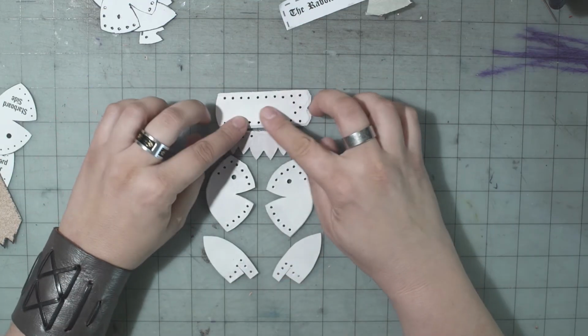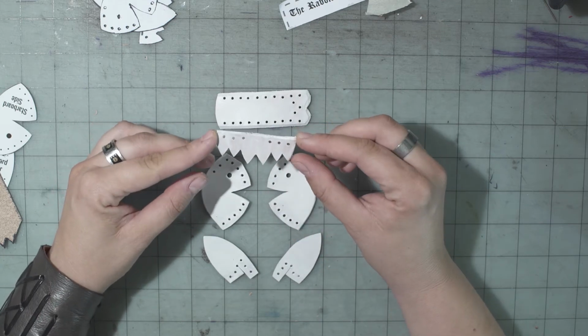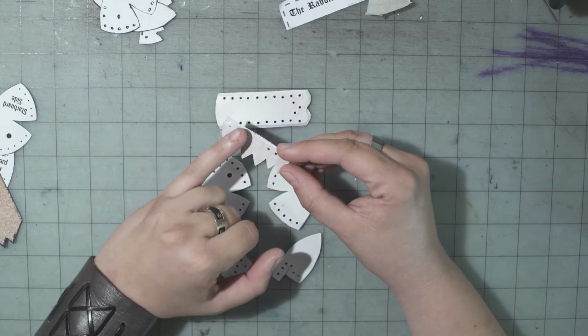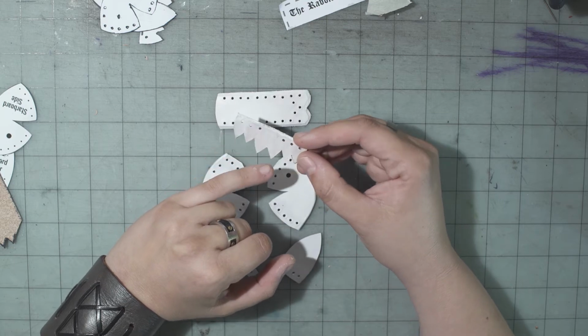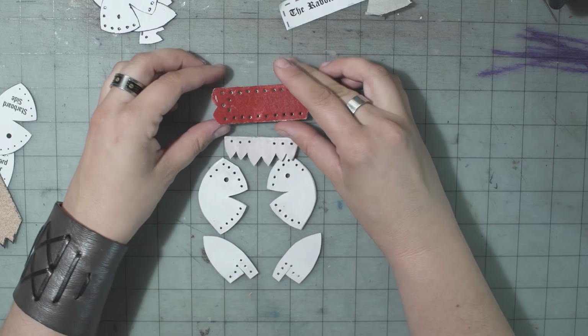So this is the smooth side. Everything's painted white. I've left a little bit of the tan showing through the teeth, and I've used the brushes' bristles to give me a little bit of that texture. In the reverse of these guys,